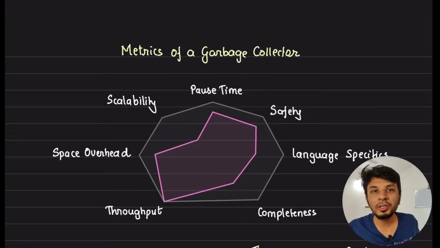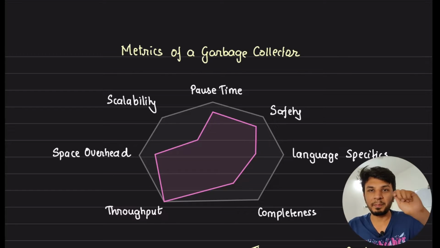In the previous video, we talked about why programming languages need automatic garbage collection, primarily because engineers are unreliable. And in this one, we talk about the 7 key metrics and characteristics of a garbage collector that can help us compare and judge which one is better than the other for a specific workload. This is not theoretical, but something that all senior engineers spend their time on to get the best performance out of